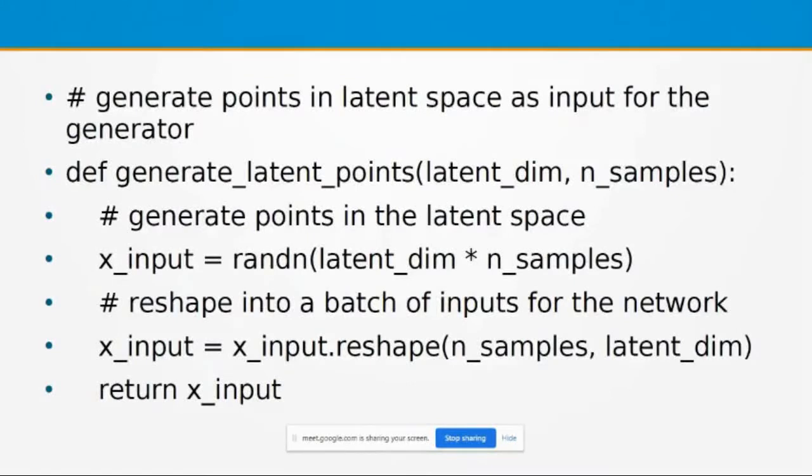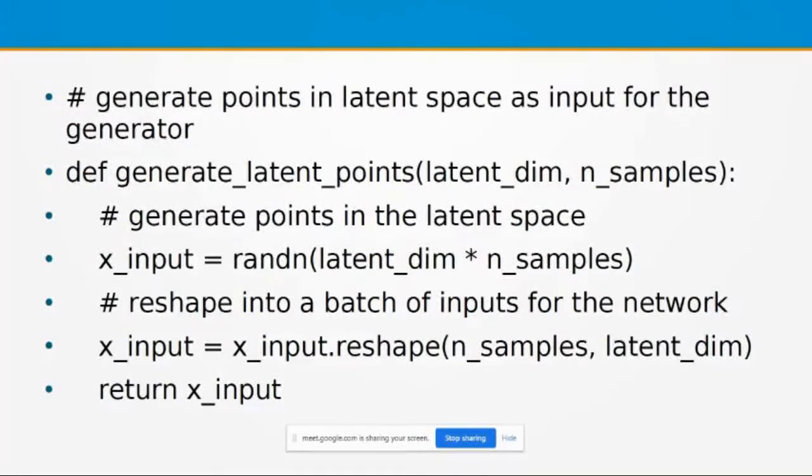Then next we have to generate a batch of fake images. The real images we already generated from the real examples. The next task is to generate a batch of fake images.